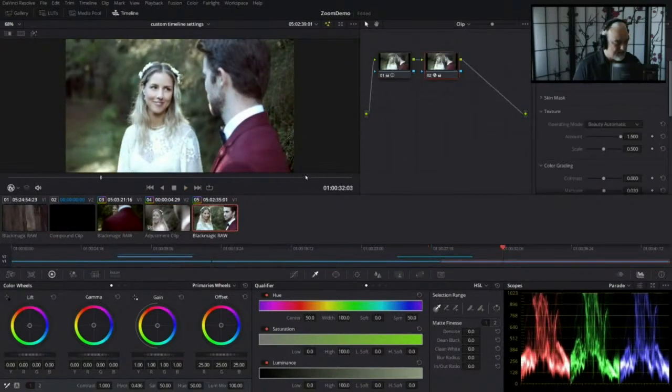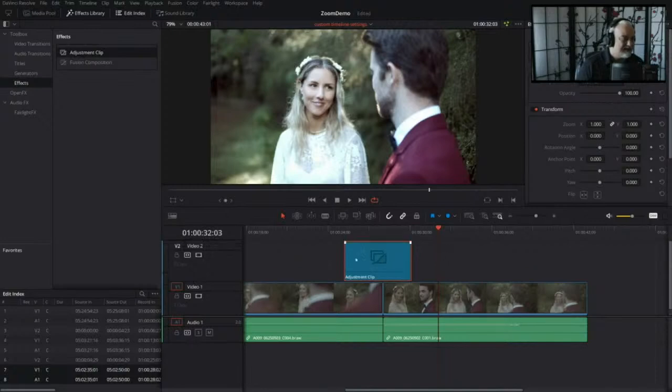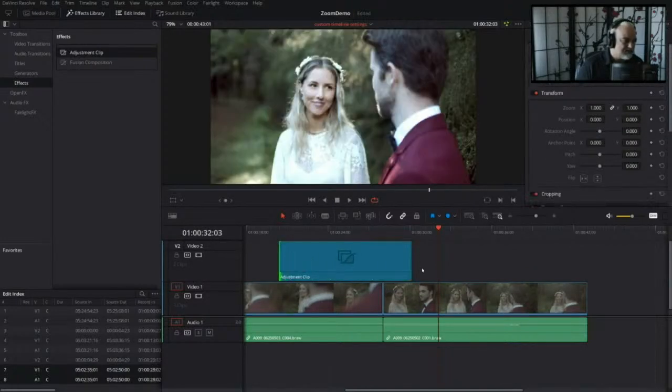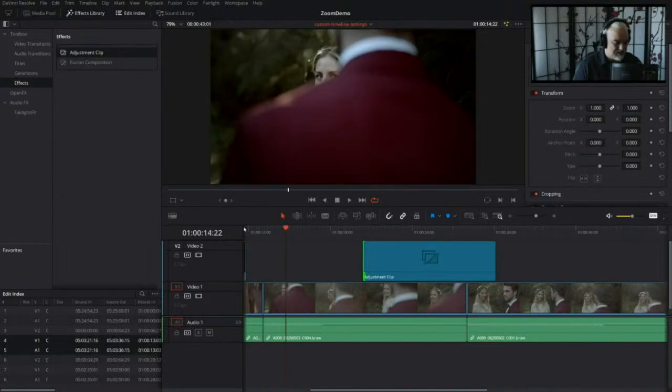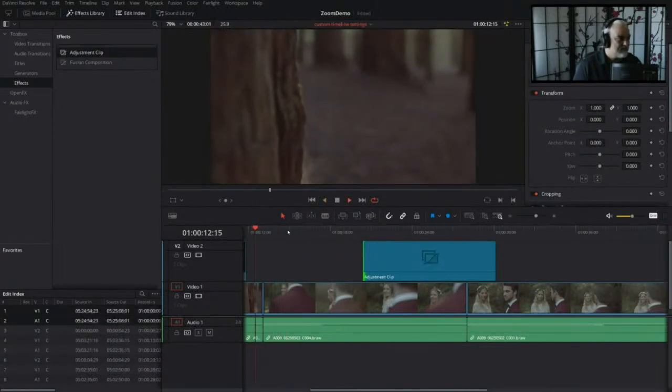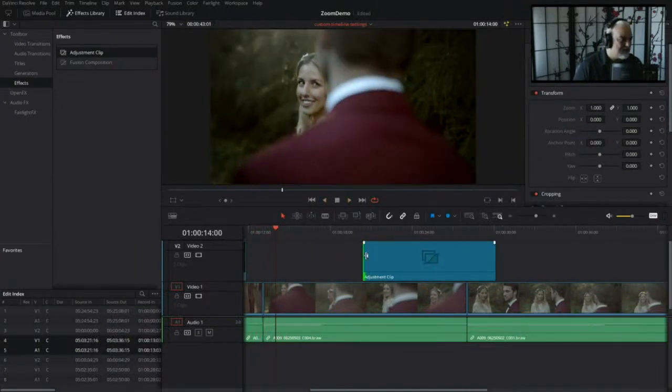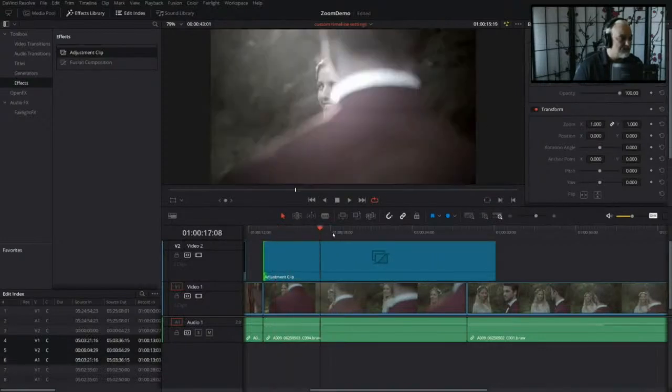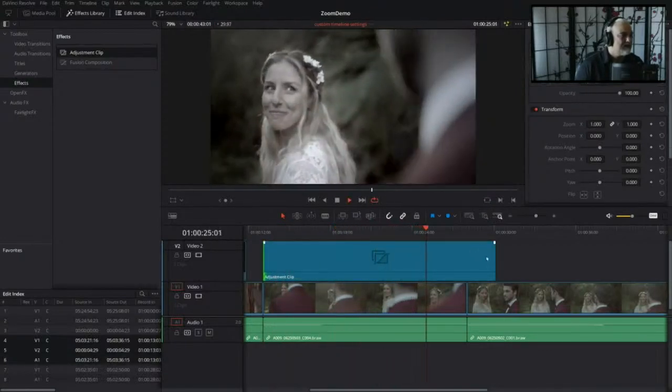Okay, go back to the edit page. And let's just extend this right as she's looking back at him the whole way. So I actually want this on the whole clip. So let's take it on the whole clip. She looks back at him, and then